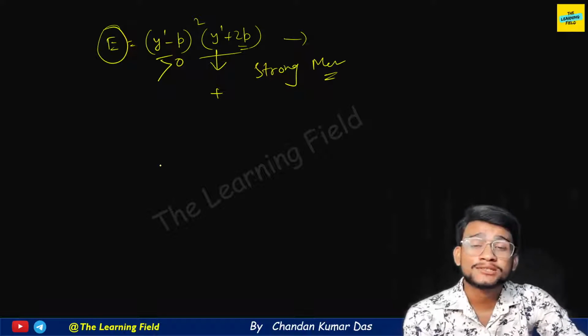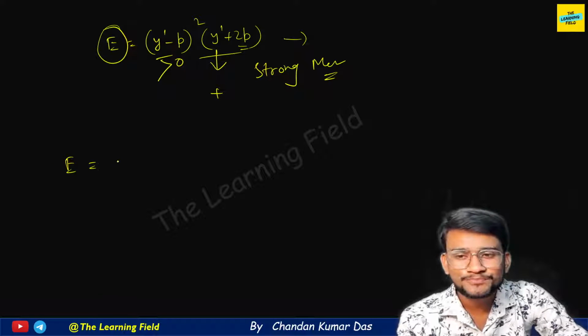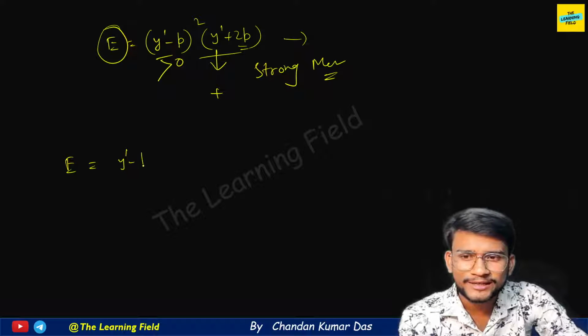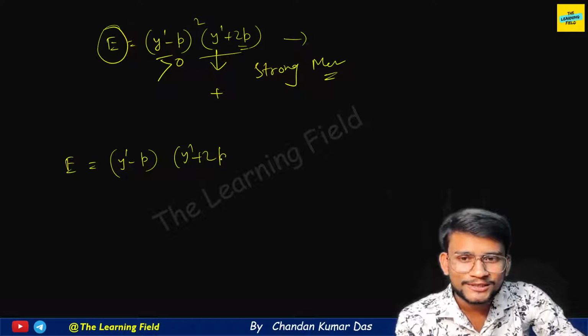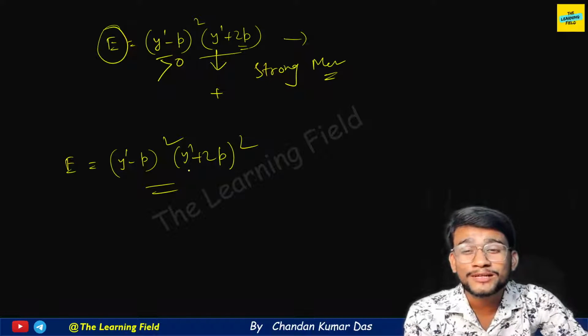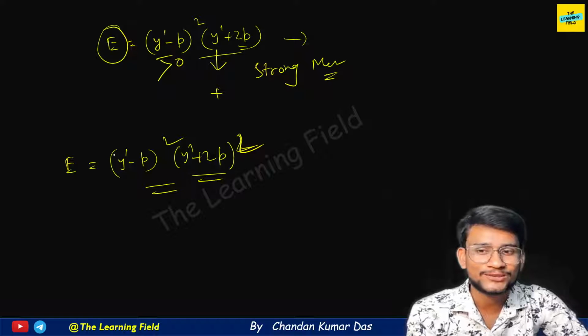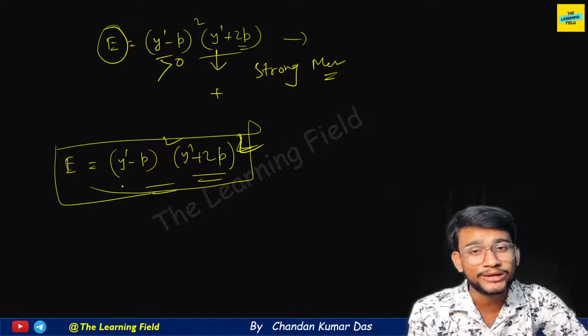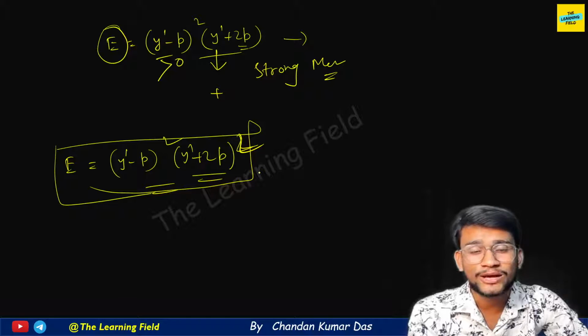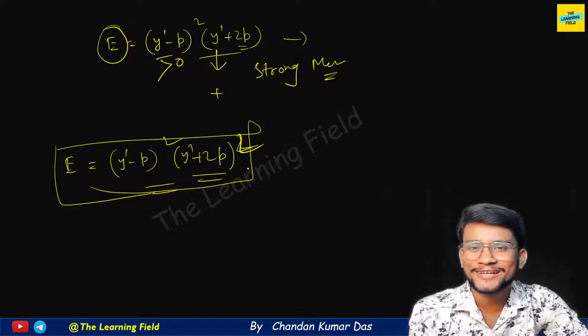तो कौन सी ऐसी केस होगा जहाँ पर स्ट्रॉन्ग एग्जिस्ट करेगा, तो ये देखो कभी कभी जो e का जो फंक्शन आता है suppose y dash minus p और y dash plus 2p, तो इसका भी स्क्वायर टर्म आ गया, तो यहाँ पर y dash का जो भी वैल्यू आर्बिट्ररी प्लस हो या माइनस हो, since this is square then it should always keep same sign, that is sign constant, e का जो sign होगा वो constant रहेगा. So in this type of functions when we get, we say that it also have weak minima as well as strong minima, ठीक है। तो ये कॉन्सेप्ट क्लियर हुआ कि नहीं मेरे को कमेंट सेक्शन में ज़रूर बताइएगा,